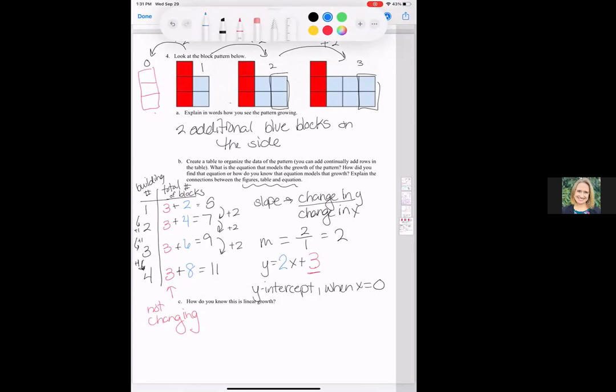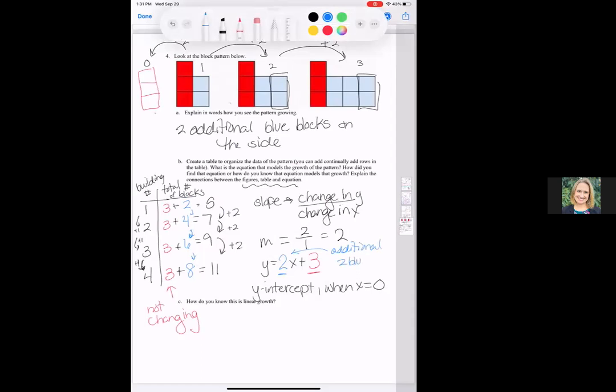We can see the change as these additional 2 blocks in the picture, and that's where the slope is 2 and the y-intercept is 3. The 3 is the constant, it's there in every single one, but the slope is the change, those additional